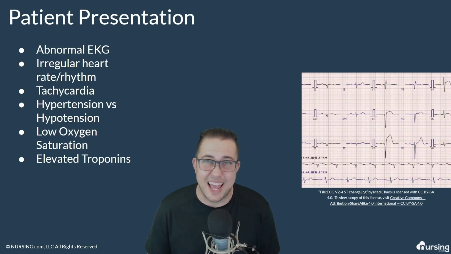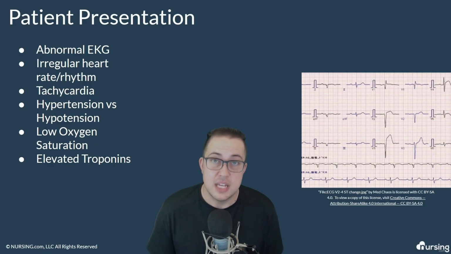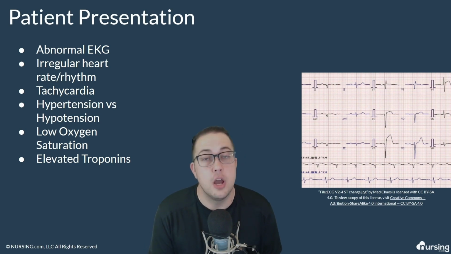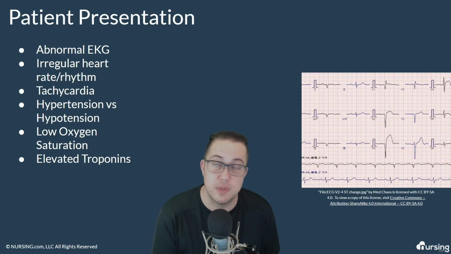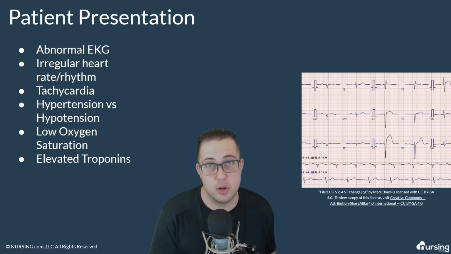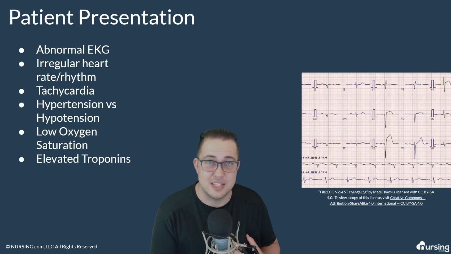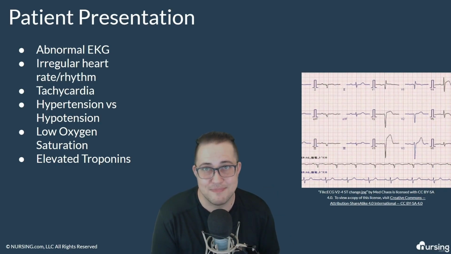Remember that cardiac electrical conduction system, the SA node feeding into the AV node, so on and so forth, actually is housed within that heart muscle itself. So as that blood flow to the heart muscle gets impaired, so does the perfusion to that electrical system. Tachycardia, as we just described previously, is due to increased myocardial oxygen demand. The brain is thinking the heart is not getting blood flow like it needs to. Let's work harder. So tachycardia ensues.